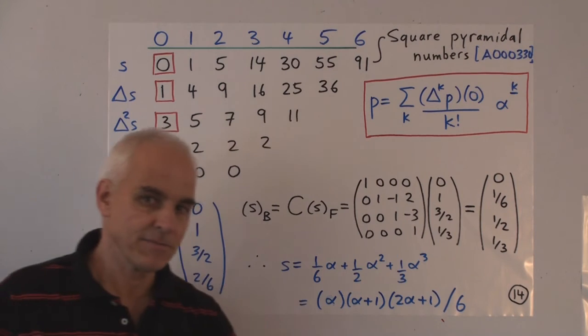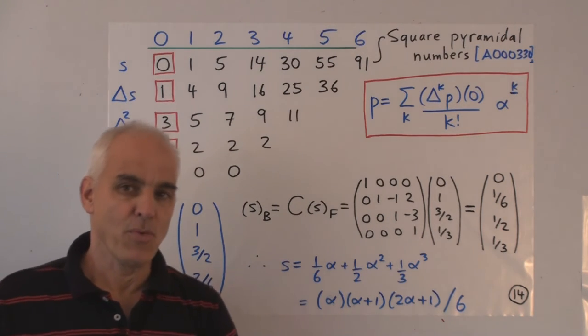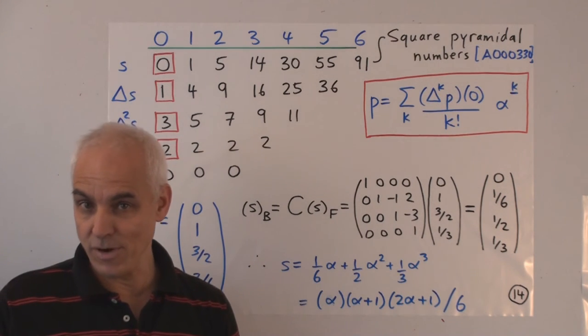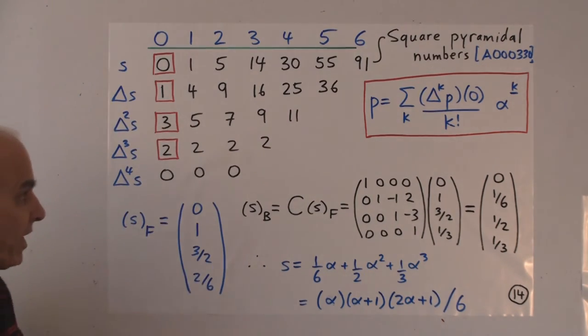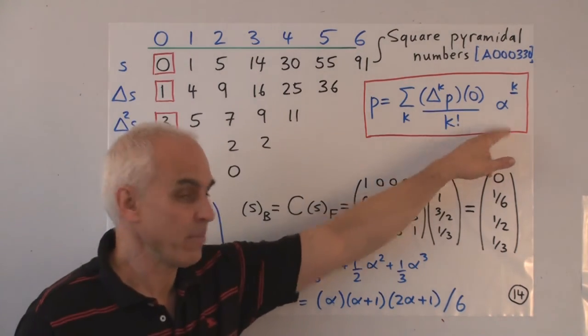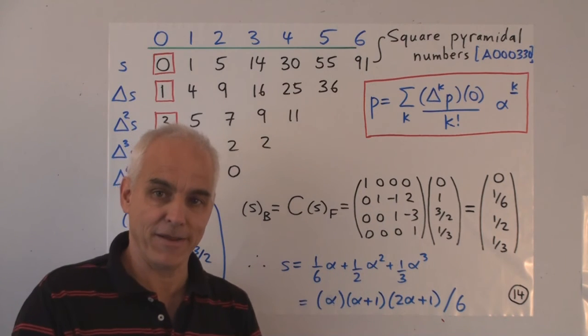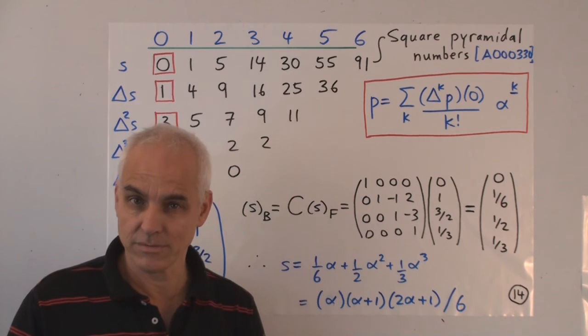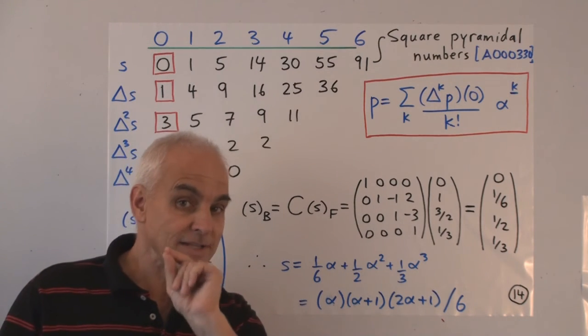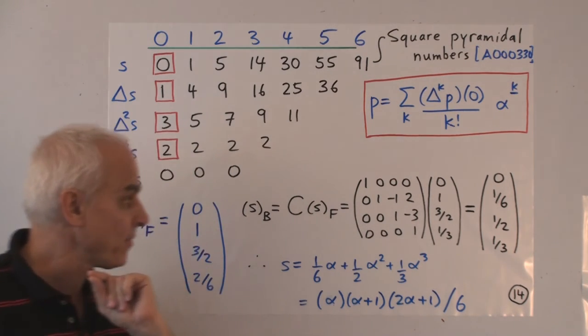Now in the previous video, we saw that we could, from this point, write out an ordinary expression by simply replacing all of these falling powers by the corresponding polynomials and expanding it all out. And I asked you to do that for homework. Now we're going to see a simpler way of doing that same thing.